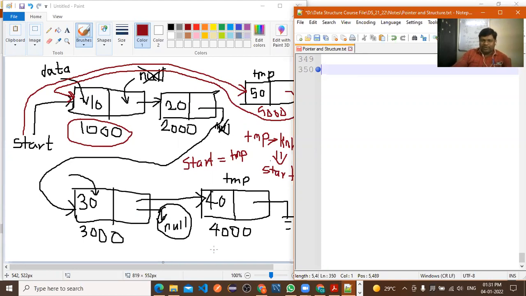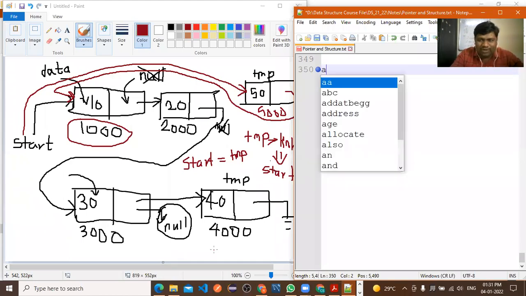Now all of you understood the first two operations. Now I want to insert the element at any specific position. Now this is our real data structure concept. First thing, is it possible to insert the element at any position? In the array, it is not possible. But in a linked list, is it possible? Sir, by location. Yes, by location.